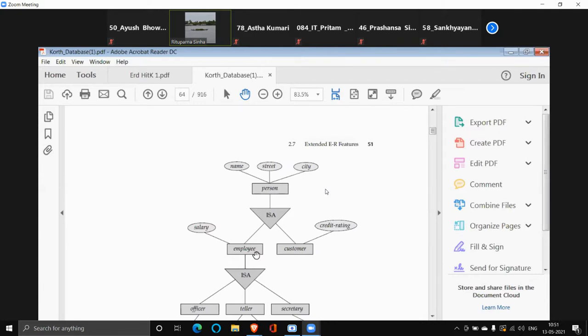In the employee table, what attributes you will keep? Salary. See, actually, they haven't shown your employee ID. You should keep some ID sort of thing, which will act as a primary key. So suppose I have here salary and employee ID. In the customer table, you will keep credit rating, you will keep customer ID, which will be the primary key of customer table, and salary, rate of join, other attributes you can keep.